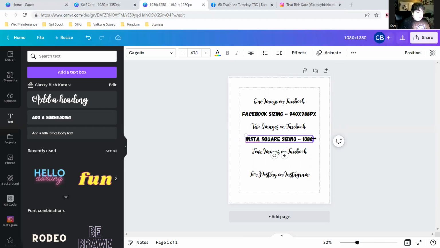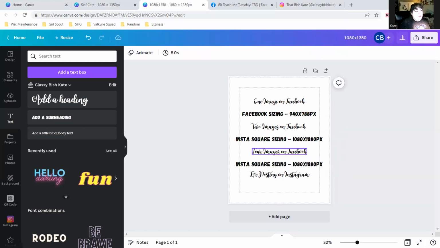So I don't know why I'm capitalizing when this font is all caps, Kate. Okay, 4 images. Again, we're going to do the Insta square sizing where you're going to make sure each one is